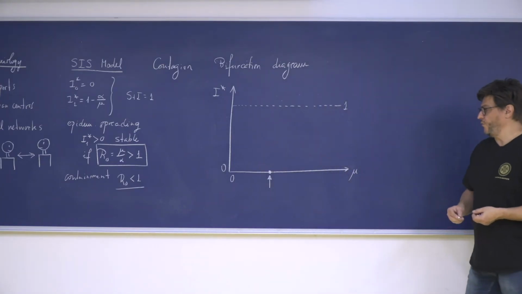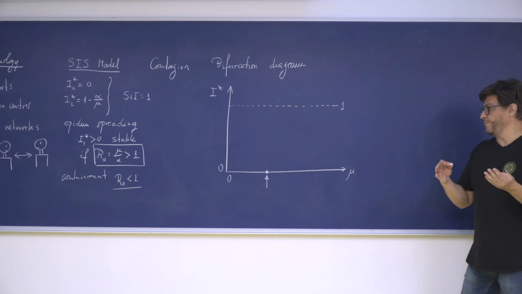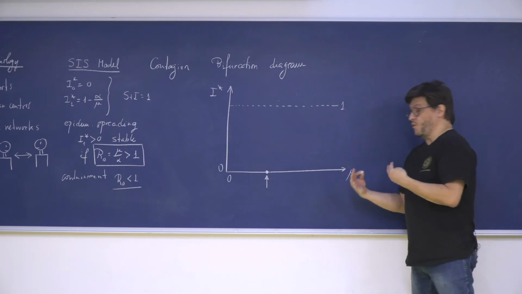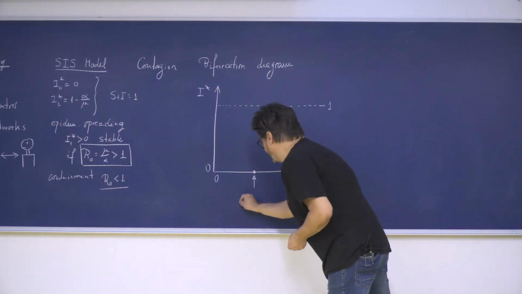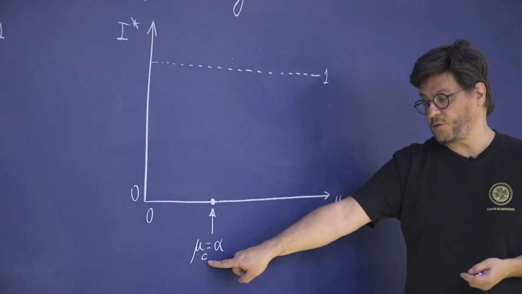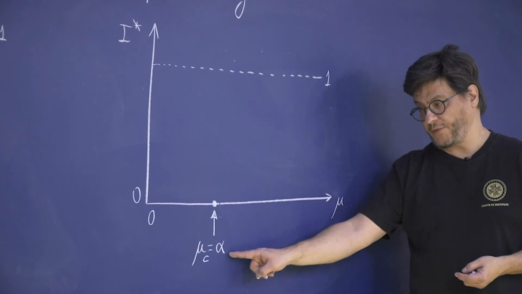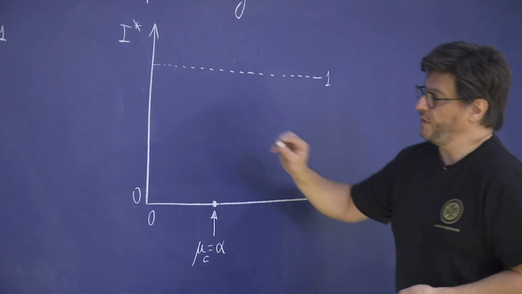And that's the maximum. So another thing we know, we just knew from stability analysis, is that somewhere there's a value of mu that defines the threshold of propagation, right? If mu is larger than this value, I propagate. If mu is smaller than the value, I don't propagate, right? So when mu, and I indicate that as critical, has a critical value equal to alpha, I separate two domains, right?